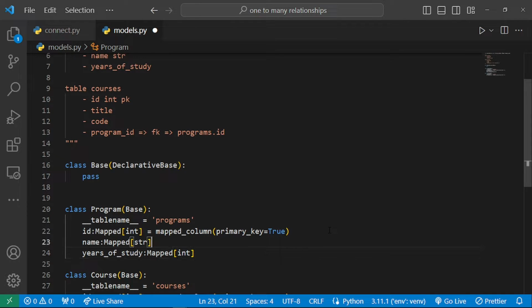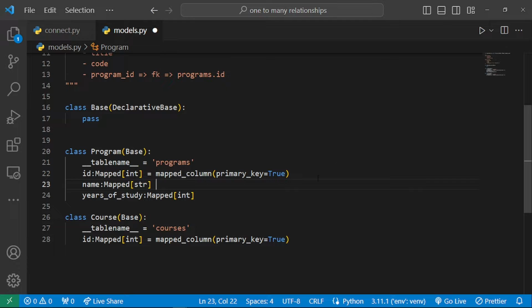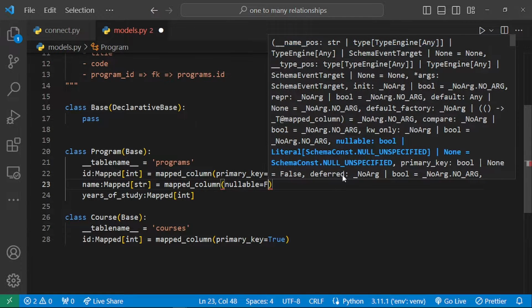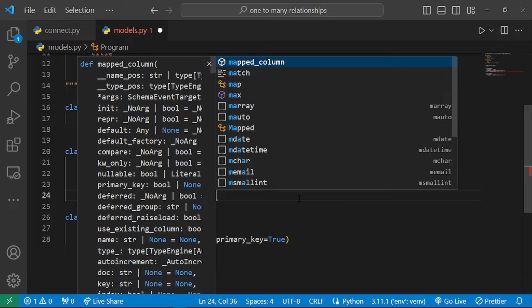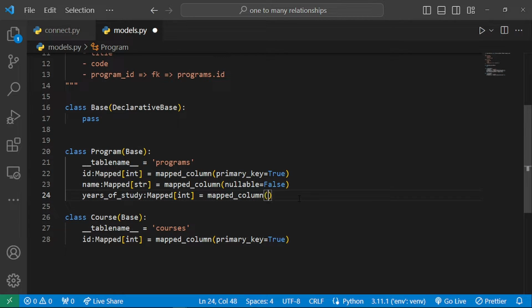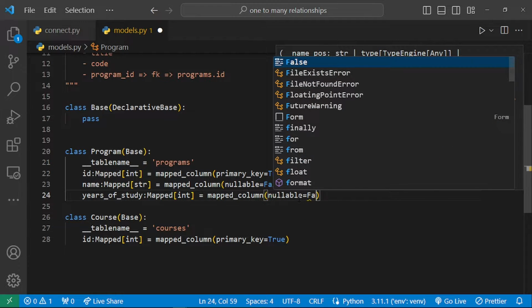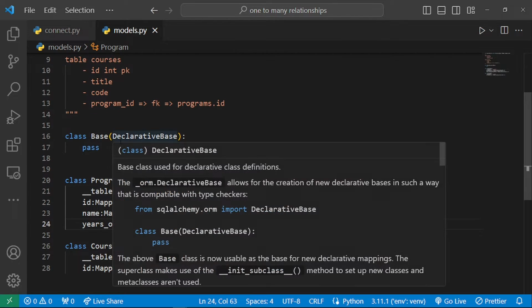And then we can also use mapped_column to specify other constraints that you may need. If you don't want this to be null, then you'll say something like mapped_column, and then you'll say nullable is going to be False, meaning that you don't want to insert null values within these specific columns. Now we're going to do the same thing for our years of study. We shall say mapped_column, and this is going to be nullable, which will be False. So once we've been able to do that, then we're going to do the same thing for